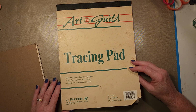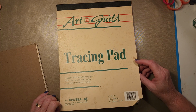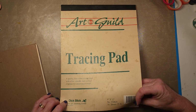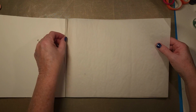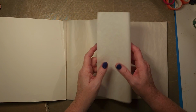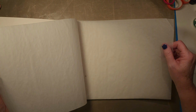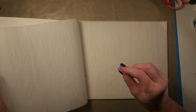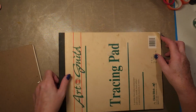Dick Blick out of Galesburg, Illinois. So that's about 30 miles from where I grew up. 9x12 tracing paper. Some of it's been used. Don't you love that sound? I would say this is a tinge thinner than that box of typing paper that I have already showed you,